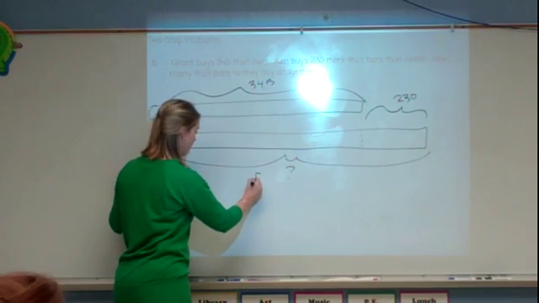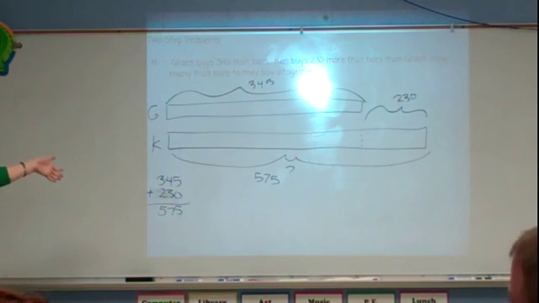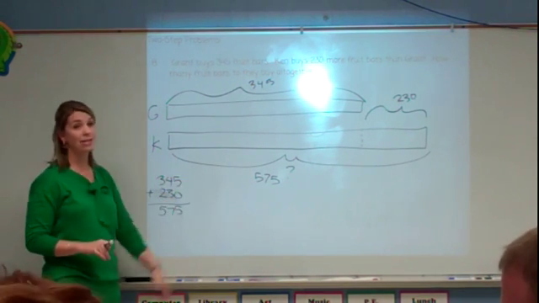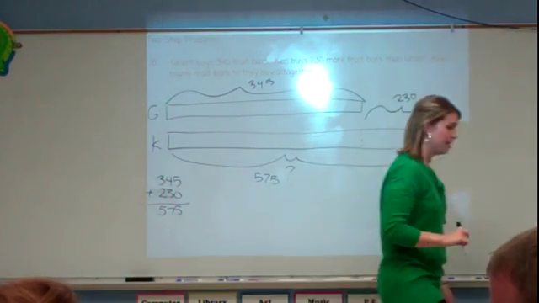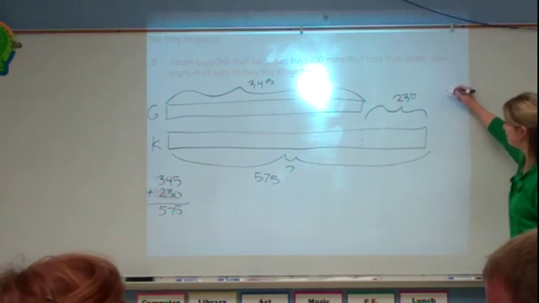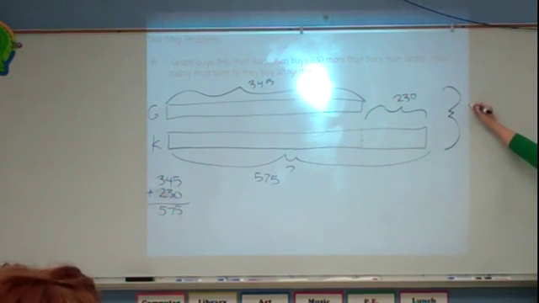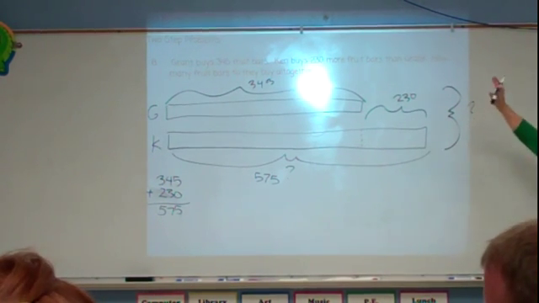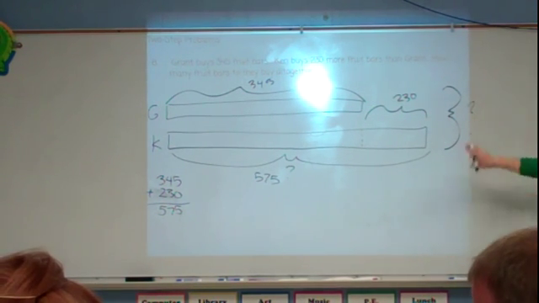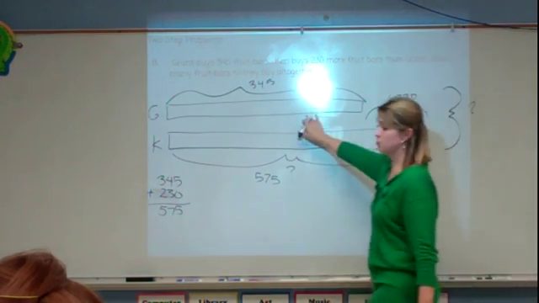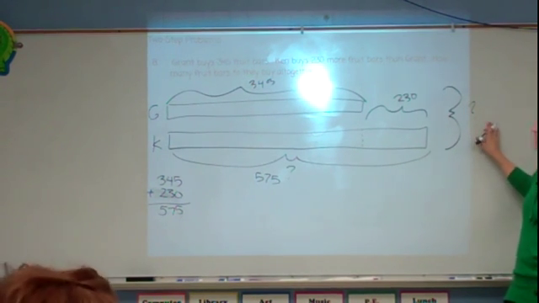They figure they're done. They've done a bar model, they've actually drawn two, they've compared, boom, boom, boom. But that's not actually what this question is asking. They're not asking how many Ken had, they're asking how many they had all together. So after this bar set of comparison is done, this sideways bracket over here is drawn to represent putting them together. So we know about Grant, and now we know about Ken, and now we have to put those bars together. So we can add Grant's 345 and Ken's 575, and that's going to give us how many fruit bars